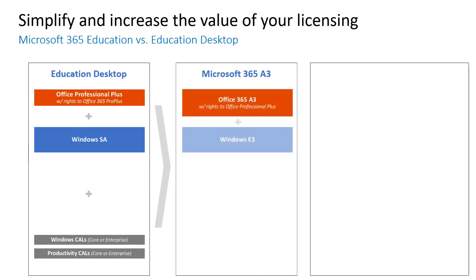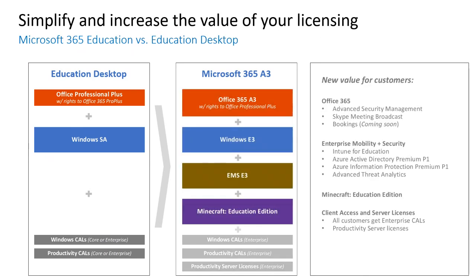It's probably hard to imagine what I've just spoken about if we're really familiar with our on-premise licensing. So I find this really helpful to look through. So on the left here, you've got the education desktop. This is what we see in majority of our schools, either combined with CSP, because we don't have server licensing in the cloud currently, or it's where majority of our schools are currently and they're aiming to get to this space here.